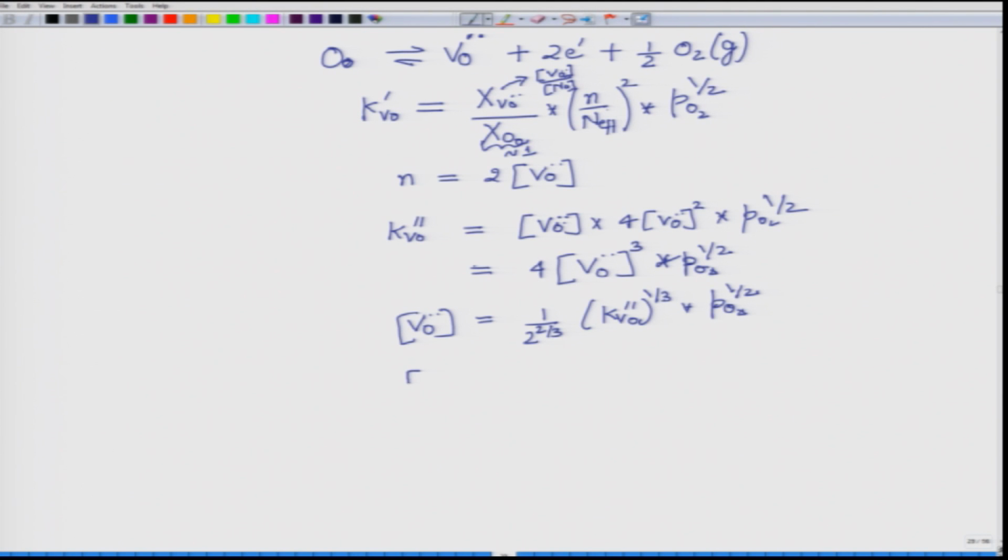So, if we write N in this similar formalism, it will come out to, so this will be multiplied by 2 and this is minus 2 by 3. So, it becomes 2 to the power 1 by 3, we can pull them together and it becomes